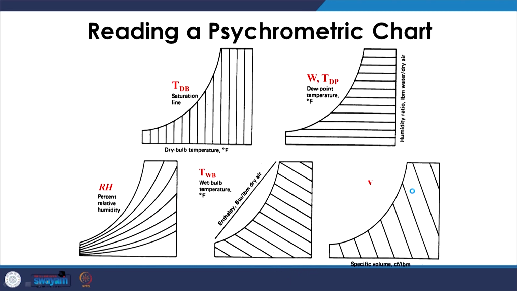This also has the lines for the air velocity within the psychrometric chart. So, to understand the psychrometric chart, we have the dry bulb temperature, DBT, and WBT, which is the wet bulb temperature. We have relative humidity through these curved lines, and we have the dew point temperature, which is this. We would know the dew point temperature if we know the temperature of a place at a given point of time and the relative humidity. Along with that, we can also calculate the specific volume.